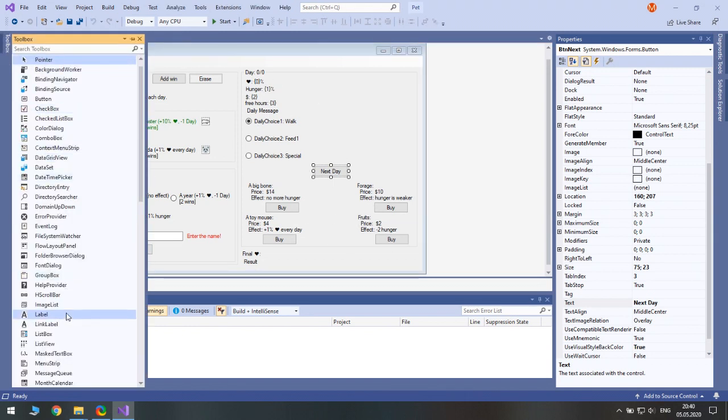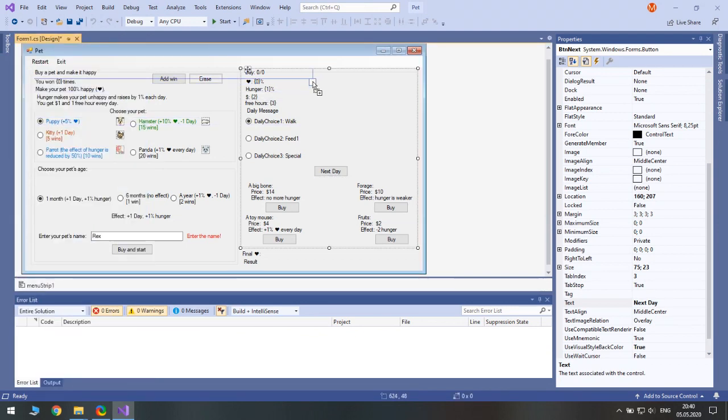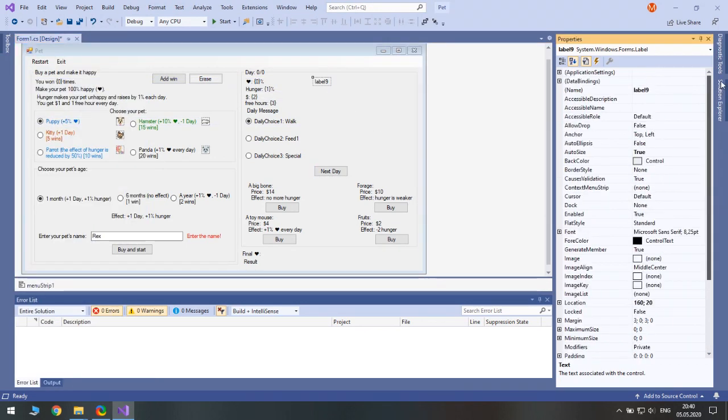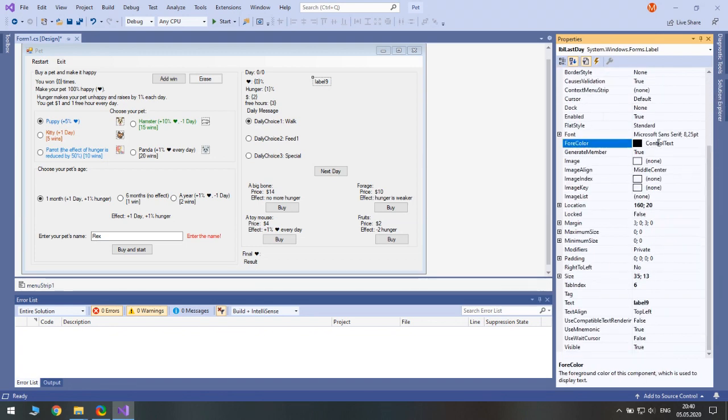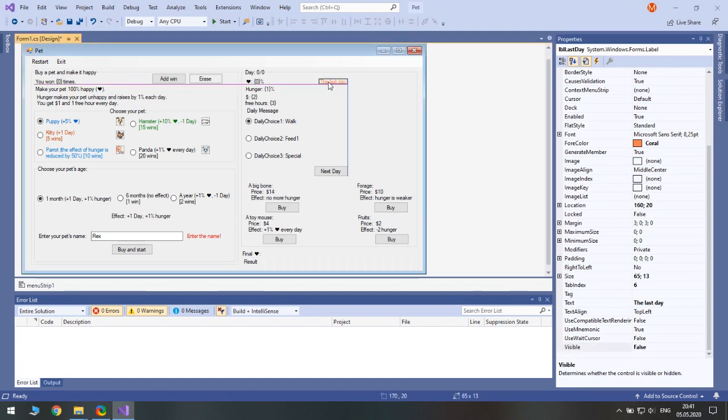So this should be label last day, and we will make its fore color something orange or red, something like coral. And as for the text, just the last day, and by default we should not see this.